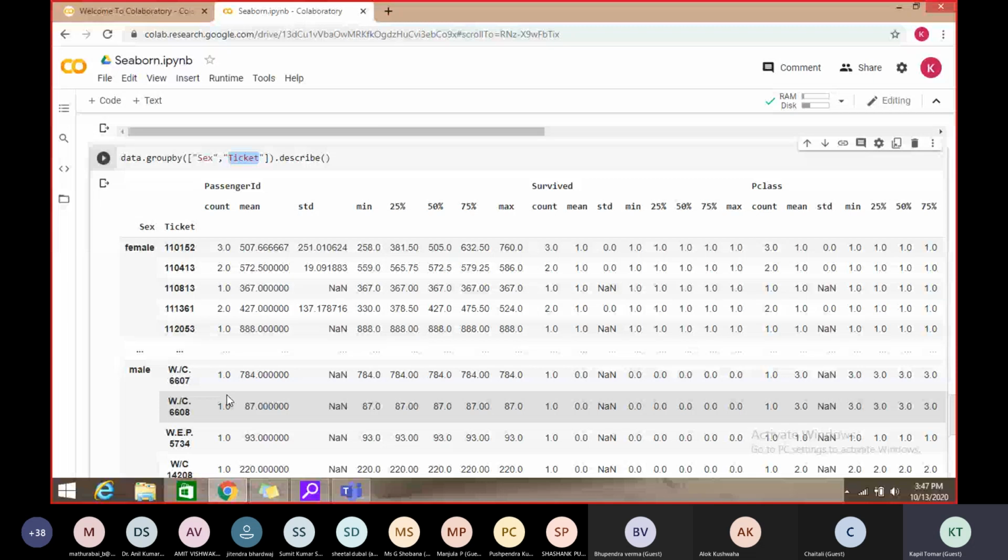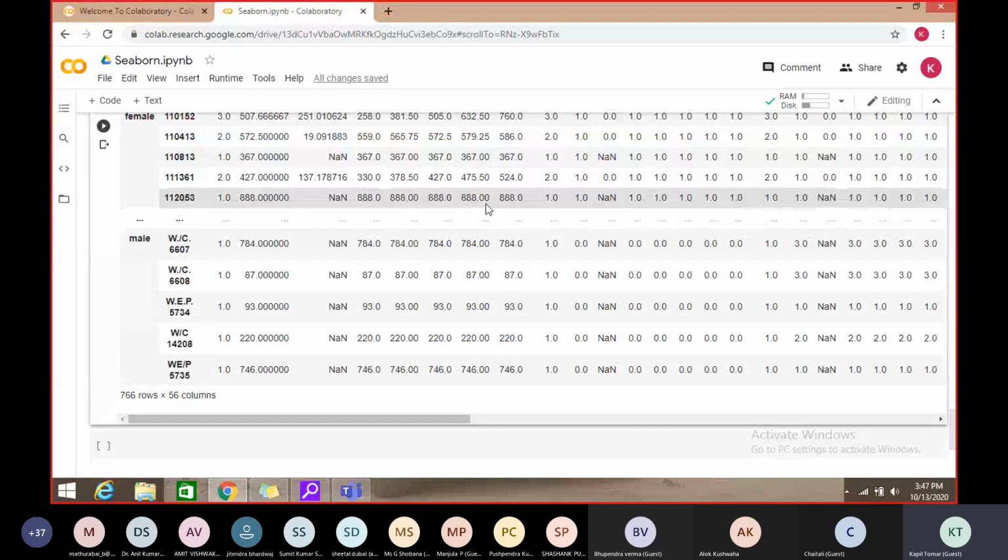Describe, we have seen this, it gives 7 or 8 parameters: count, mean, standard deviation, minimum, 25 percentile, 50, 75, maximum. So this is 1, 2, 3, 4, 5, 6, 7, right?